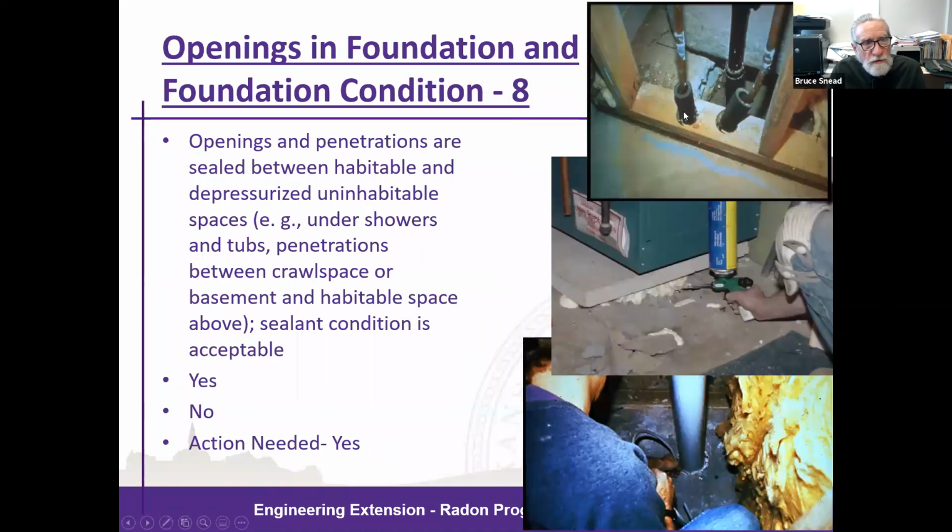Are openings and penetrations sealed between the foundation, or through the foundation, from the basement to the soil below? You see three slides here. The top one shows a tub blockout where the drain piping for the tub is, and that's open soil directly that can allow radon in through the foundation. You see someone injecting foam underneath a furnace pad in the middle slide, and then someone caulking a sealer around a slab piping penetration in a basement. So what is the condition of these openings?